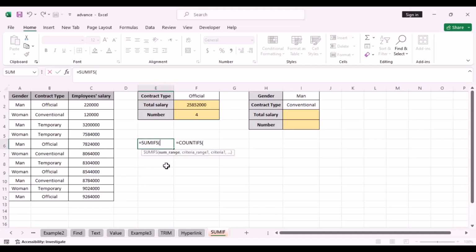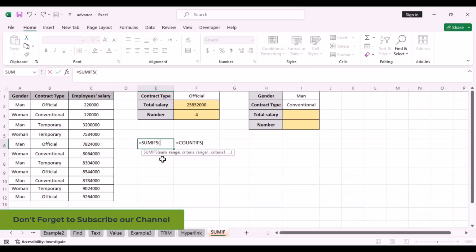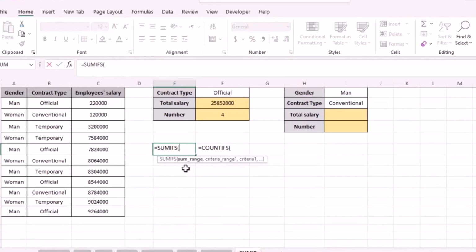The next mathematical and statistical function is the SUMIFS function. This function is a conditional sum and sums together numbers that follow one or more specific conditions. The arguments of this function are three. The first part is sum range, which is the range or area where the numbers exist and are supposed to